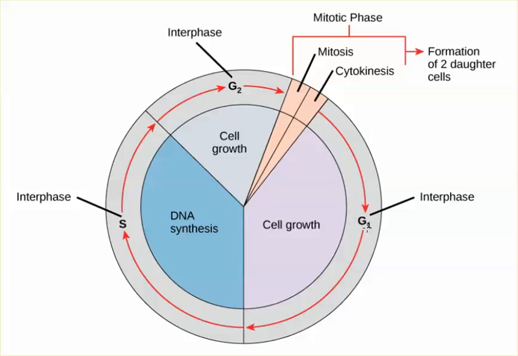There's G1, S, and G2. And what we're really going to focus on is the S phase of interphase, because that's when DNA synthesis occurs. In other words, that's when an unduplicated chromosome becomes a duplicated chromosome, meaning it contains two chromatids. And each of those two chromatids will contain an identical DNA double helix, again, barring an error in the process